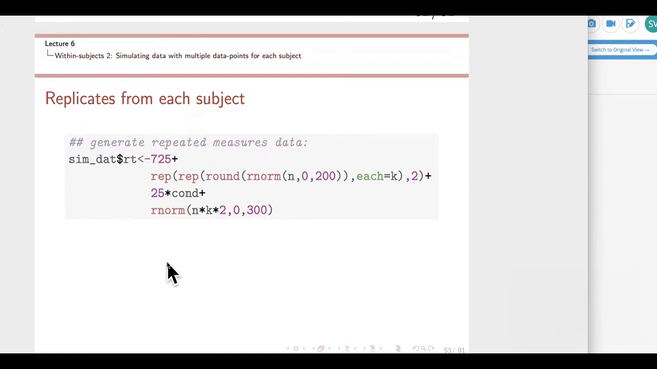Now once I have these multiple replicates from each subject, I can generate repeated measures data in the following way. I have my fixed effect intercept, right? So the grand mean intercept is 725, and I'm going to add to that the fixed effect of condition, right? So there was a 50 millisecond effect with the plus minus 1 coding. That means that we're going to have a 25 millisecond slope, right? And finally this is the simple linear model,